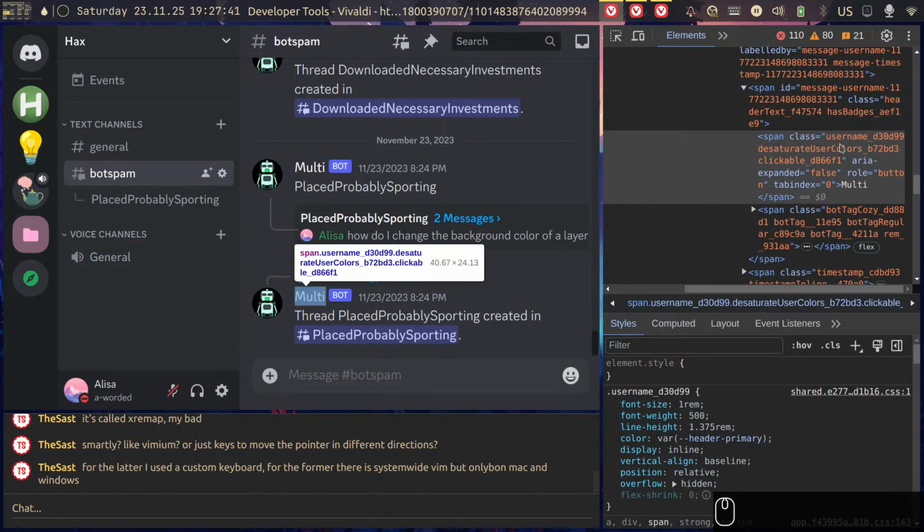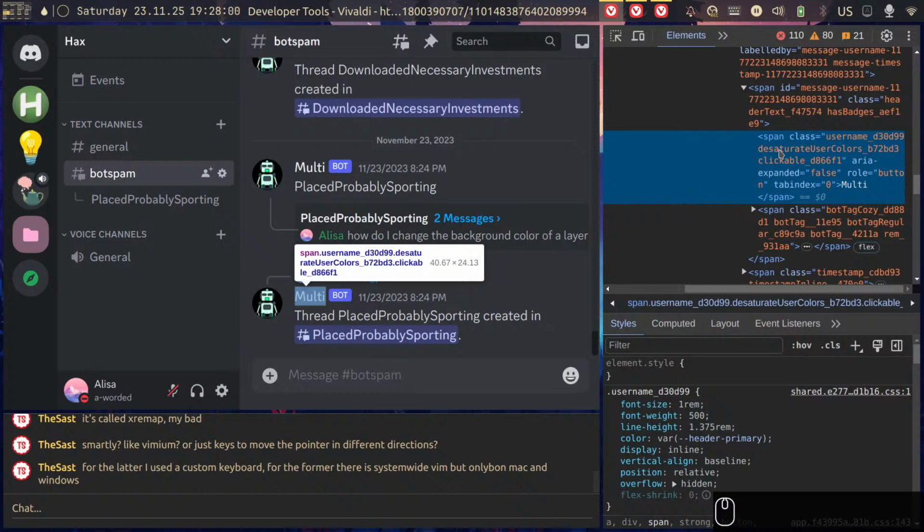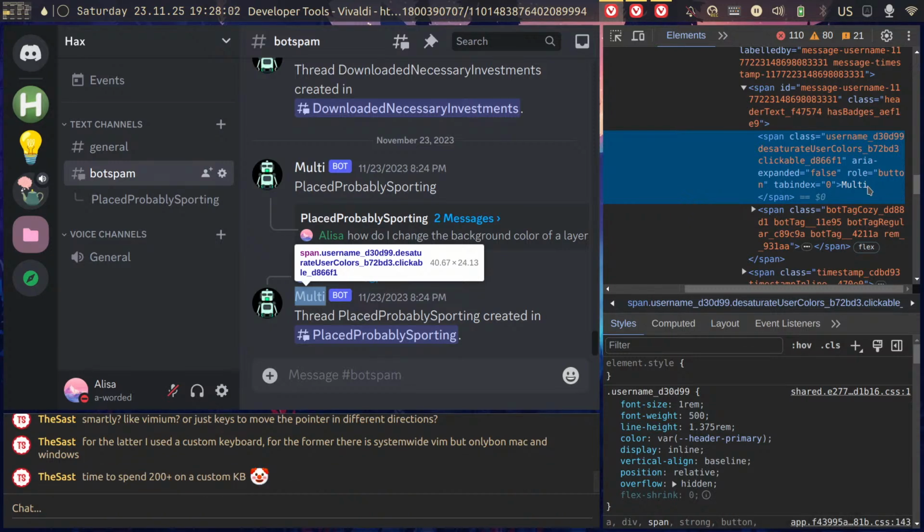Username blah blah blah, desaturate user colors blah blah blah, expanded false. If we can grab this type of span, specifically if it has the inner text,